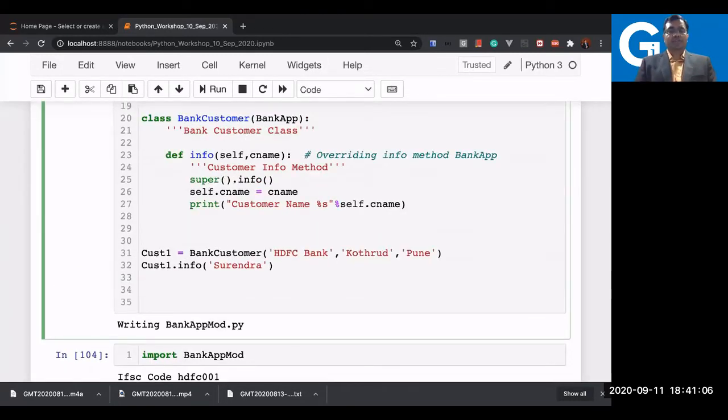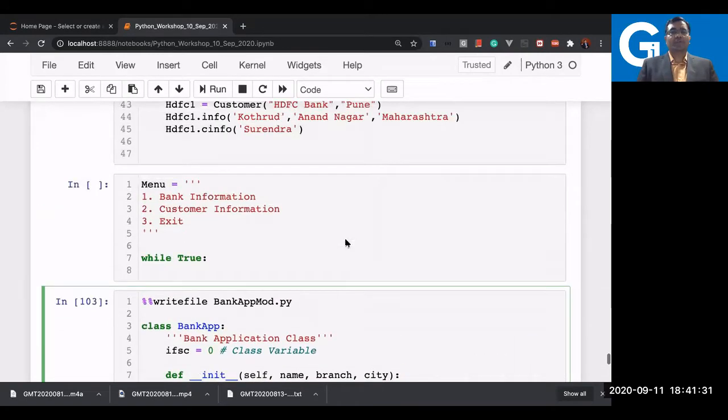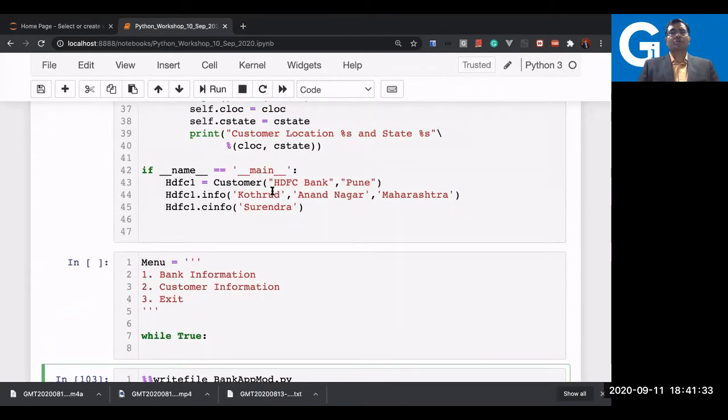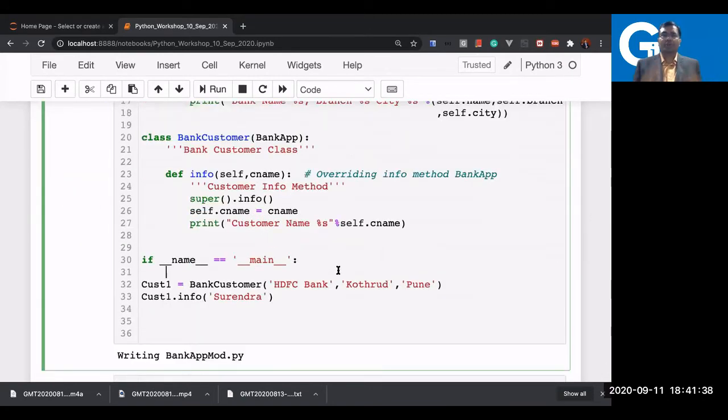So here I'm writing the condition. If double underscore name is equal to double underscore main. So what is this main now, and what is this name now? Name is a built-in variable, and main is a program. Your module becomes the program itself. So that's what I wrote here also. Name is logically equal to main here. So I'm writing that this particular code should be executed only with the condition.